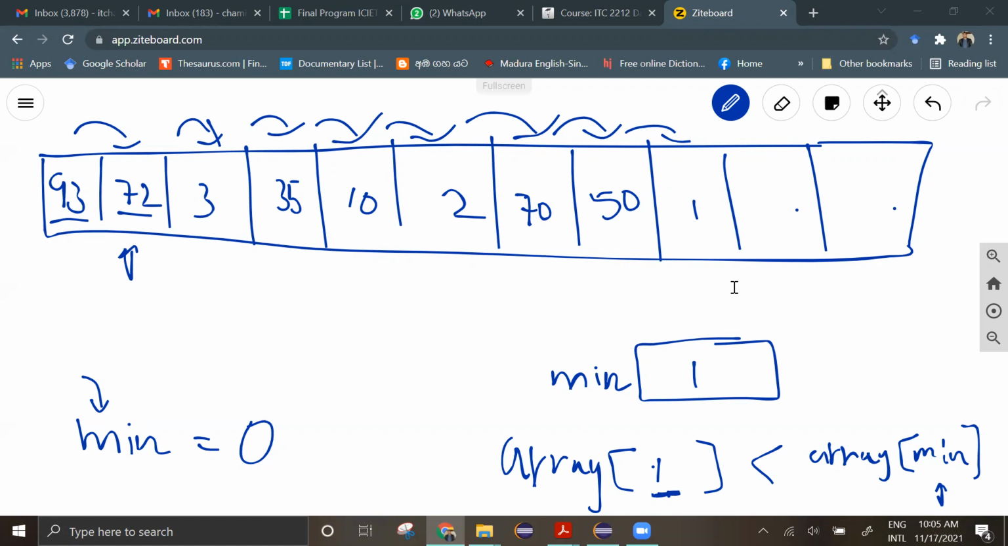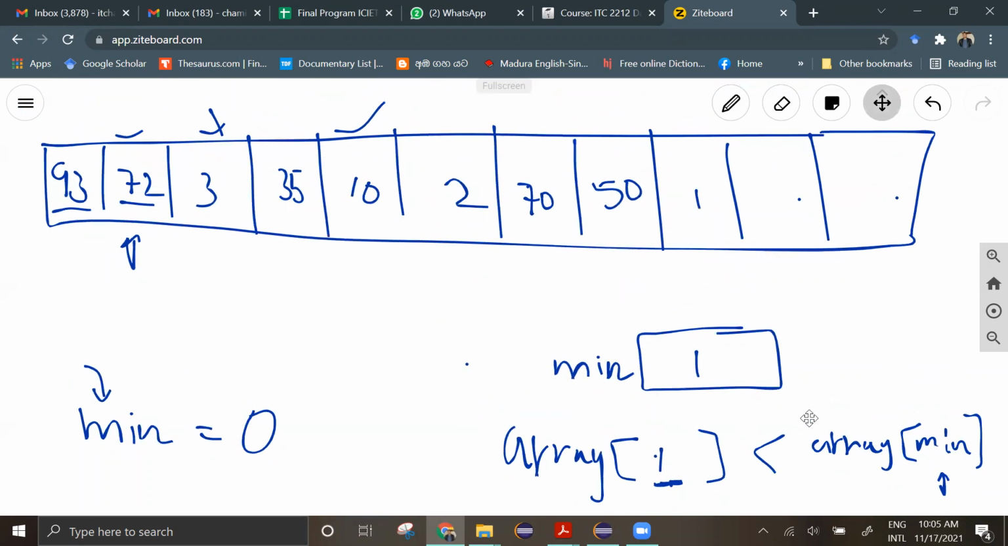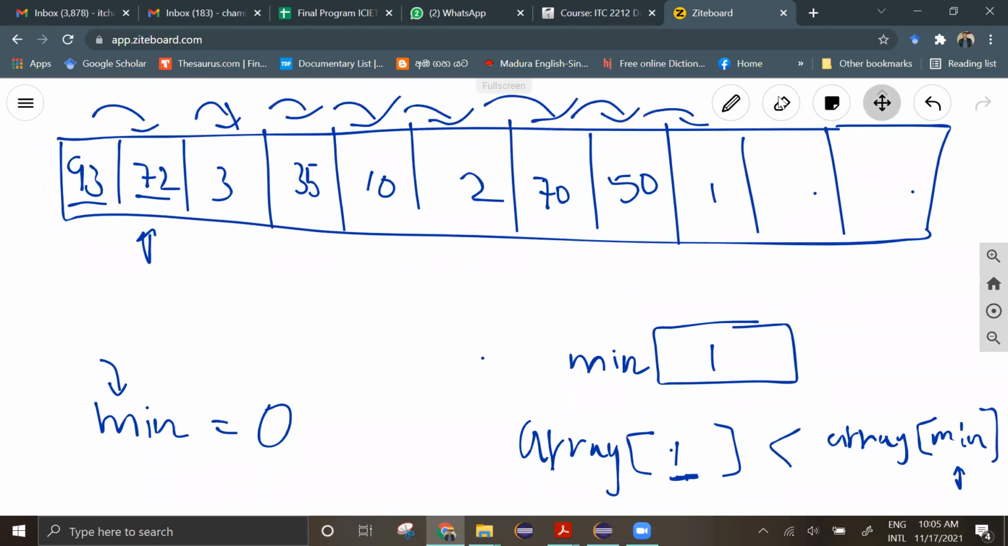Yes, Kavinder. So you have given the program for finding the minimum value, right? Then we have to compare the second index 2 and we check the